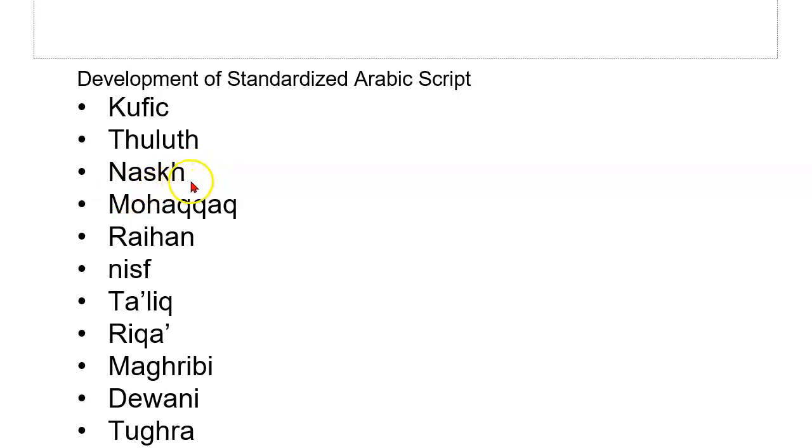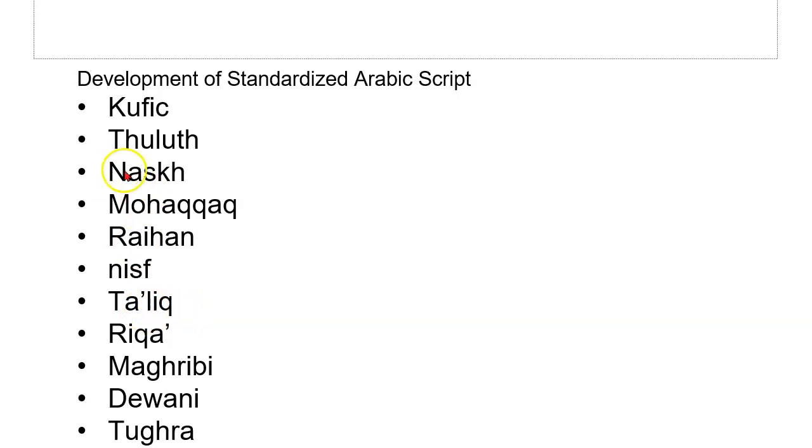Naskh, which is copying earlier script, and obviously these scripts have subscripts, and they tend to maybe be regional. So Naskh has hundreds of subscripts. Muhaqqaq, Rehan or Rehani, Nisf,